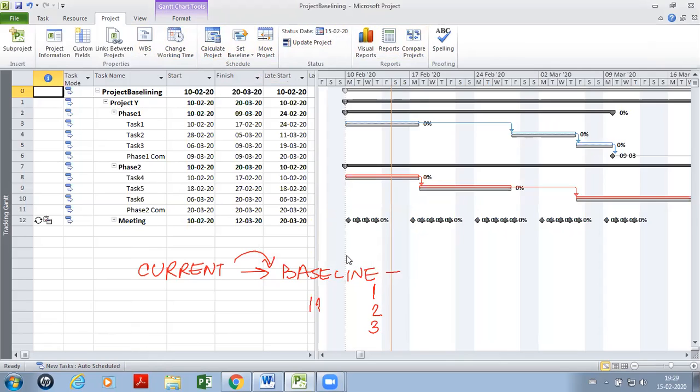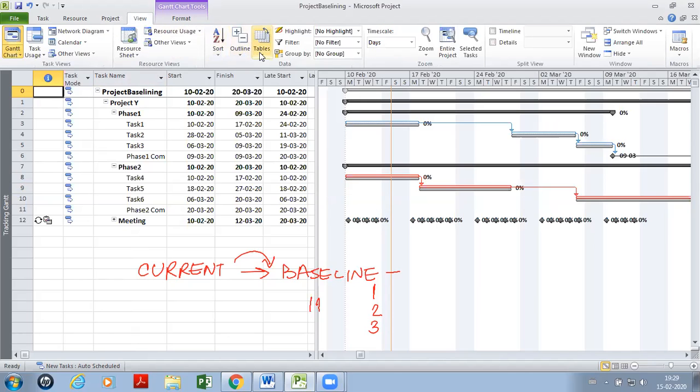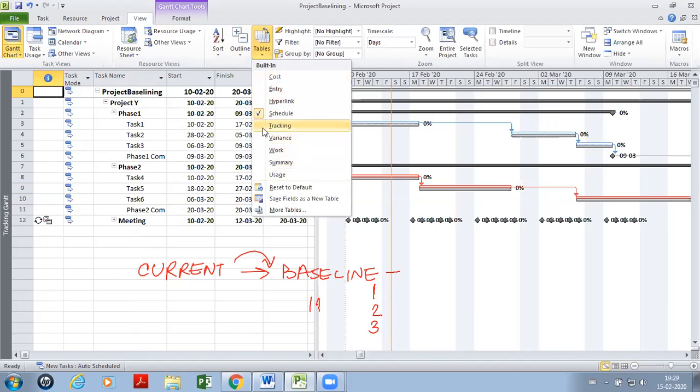And you see a difference. You see these gray bars. So let us switch to a regular Gantt. Let us switch the table to baseline table.